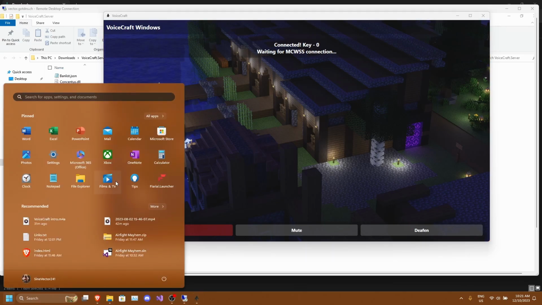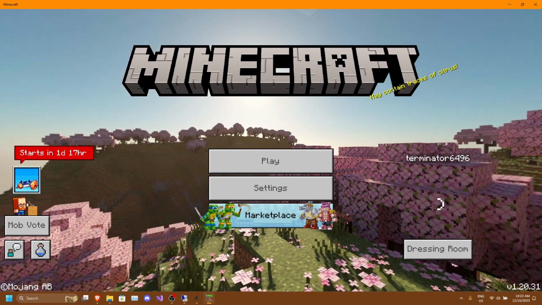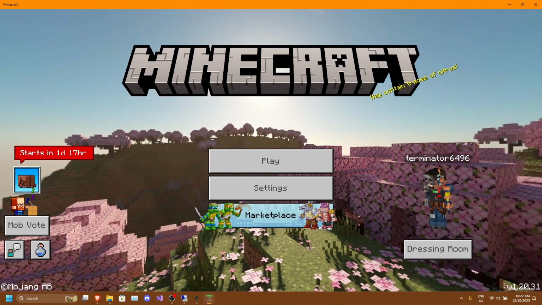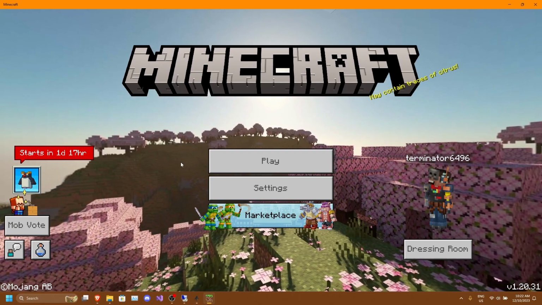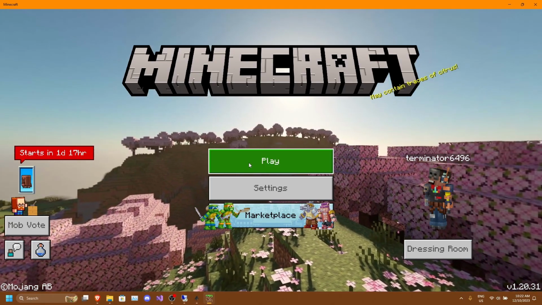Now, all we have to do is just open up Minecraft. And once you're in Minecraft, what we need to do is we need to load up a single player world.